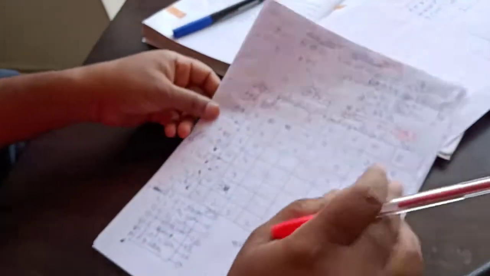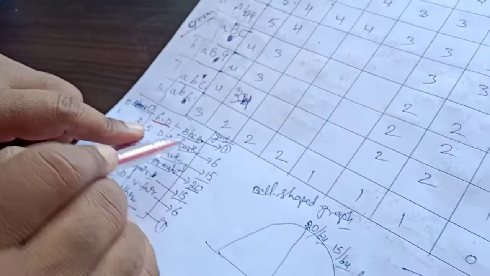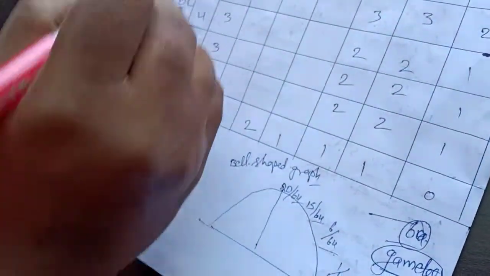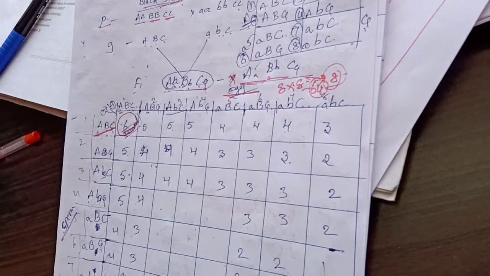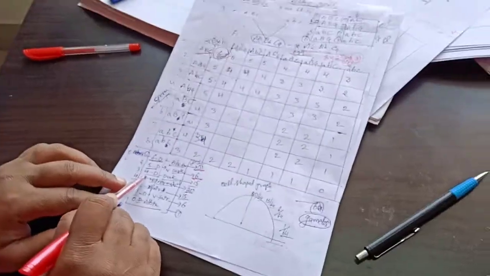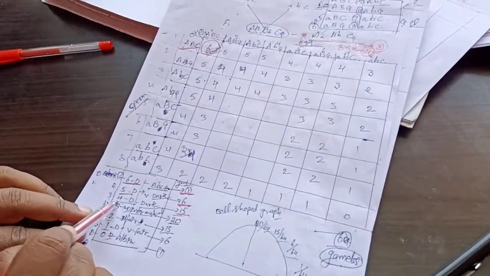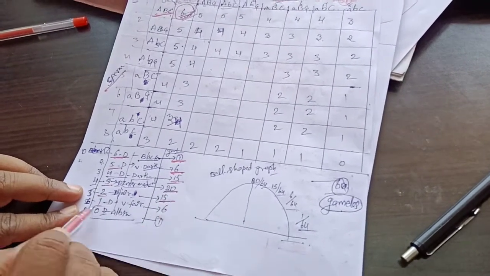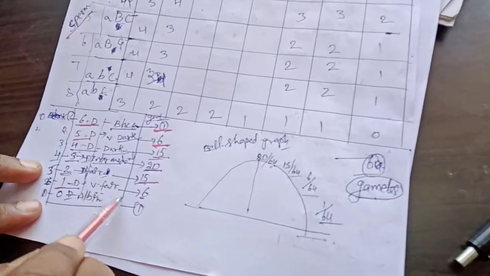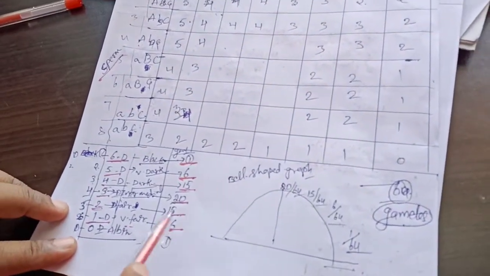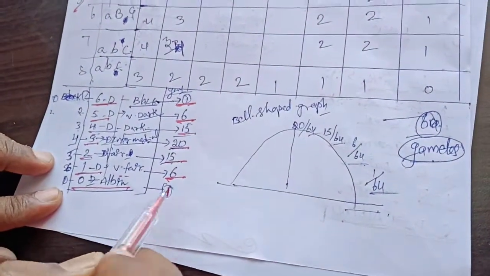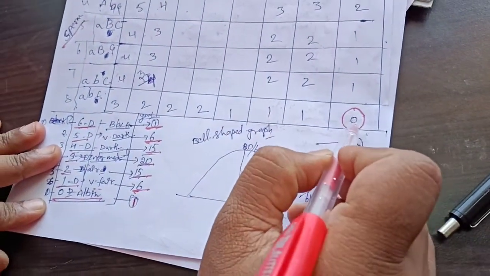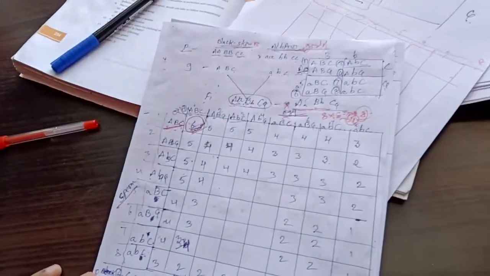Once we have calculated like this, you can find how many times you get each. 6 dominant gametes you get only 1 time. 5 dominant gametes you get 6 times. 4 dominant gametes you get 15. 3 dominant gametes you get 20. 2 dominant gametes you get 15. 1 dominant gamete you get 6 times, and 0 dominant gametes you get 1. So fill the table like this and show it to me.